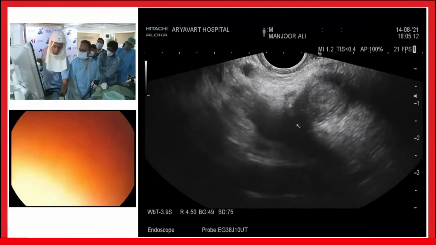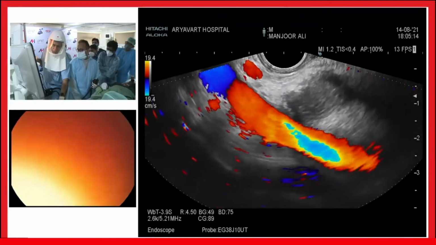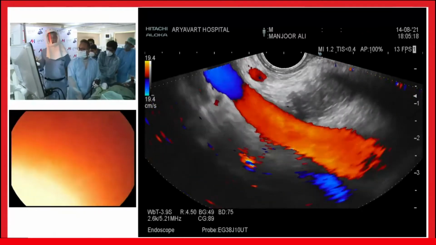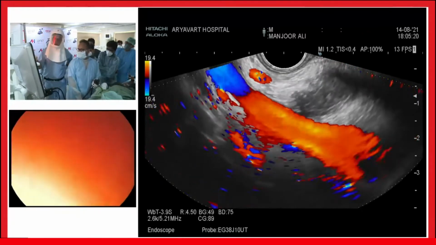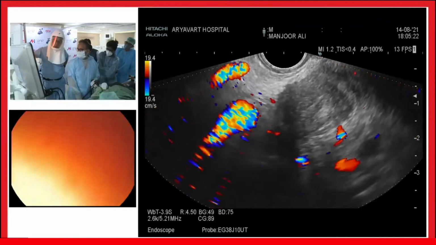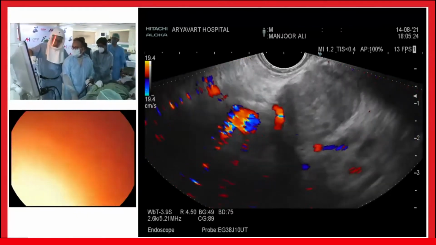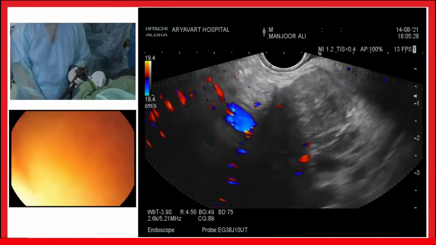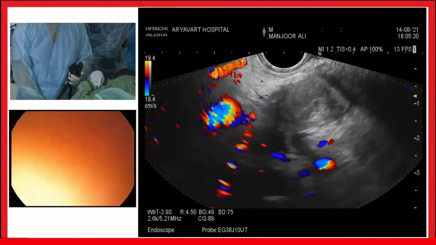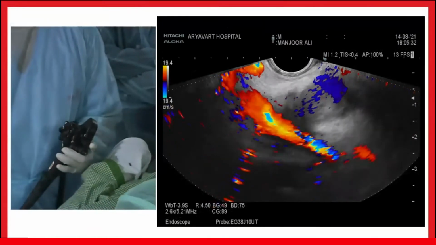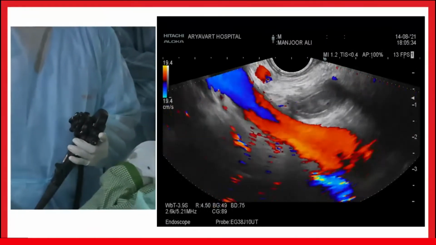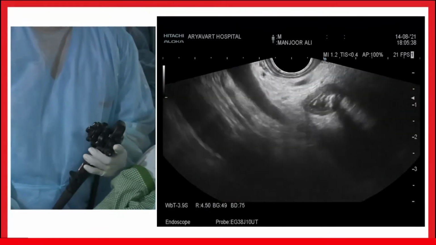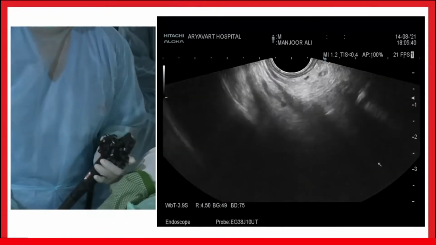Do you think it is operable? Based on the portal vein, yes, but we need to see the celiac and SMA also. Less likely, because this is a neck mass. If you say portal vein, then everything is okay. The celiac is too far off. I think this is operable, because the flow is maintained, it's not encasing, it's not compressed. And the gastroduodenal artery is also clear.